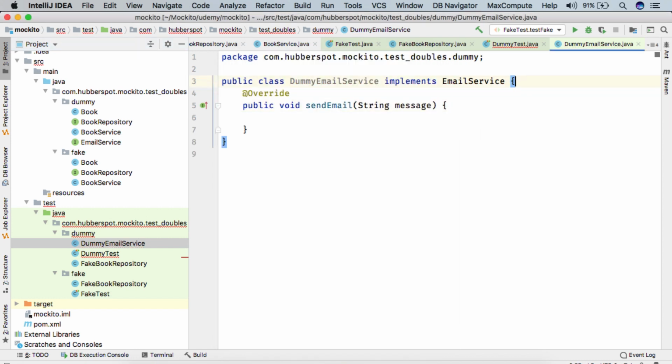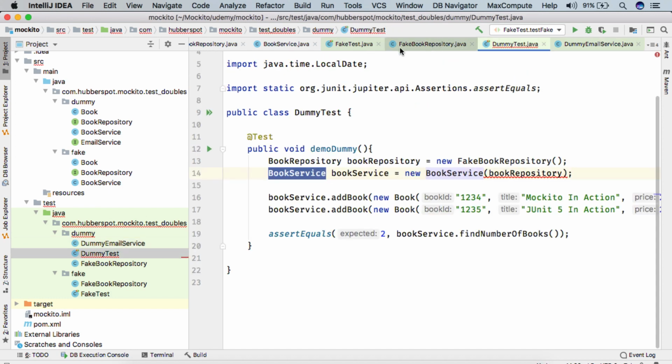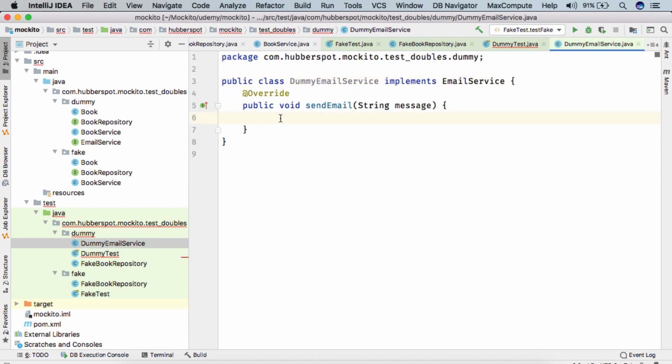As it is a dummy object and is simply used to make this code compile, we can simply keep this send email as it is, or we can throw an exception, let's say an assertion error, with the message method not implemented.